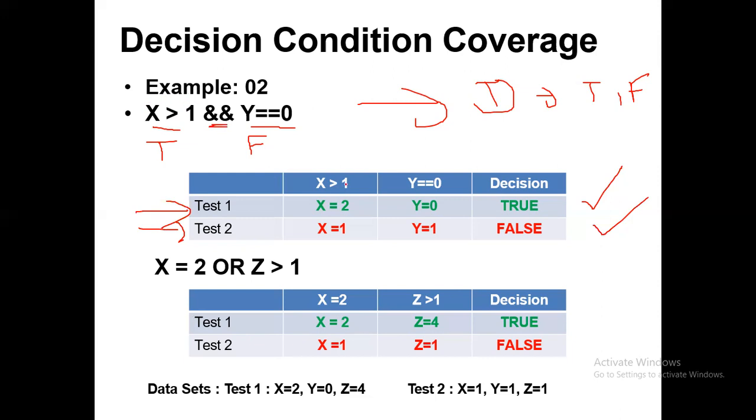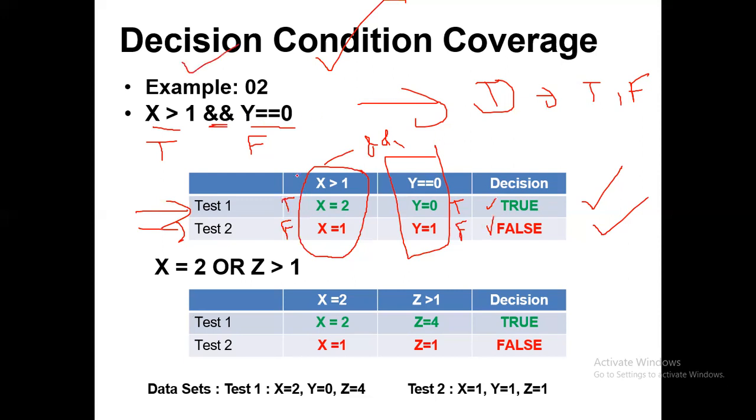So this particular condition is evaluating both true and false. Again, this one is also getting true and false. So it means basically the condition coverage is satisfied. And then all together with this AND operator, the decision will give true and false. So in that case, we have both true and false.